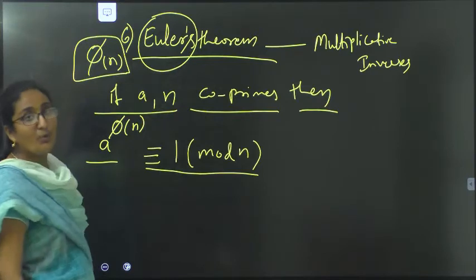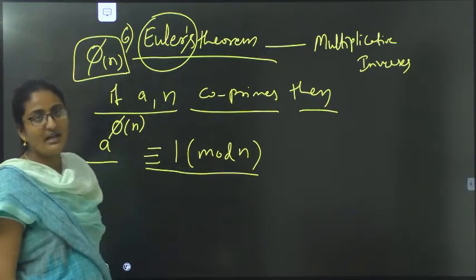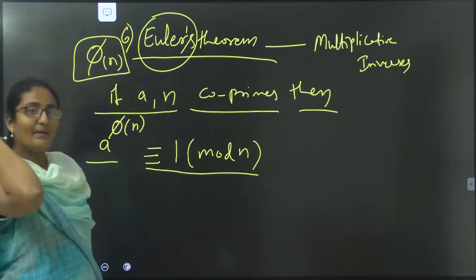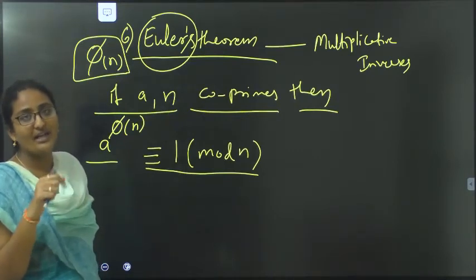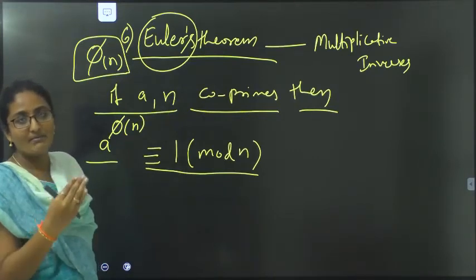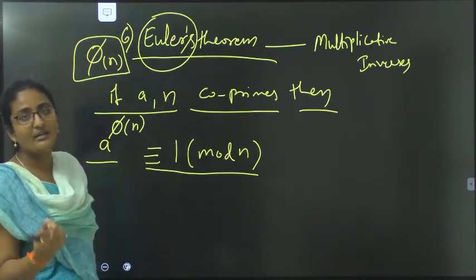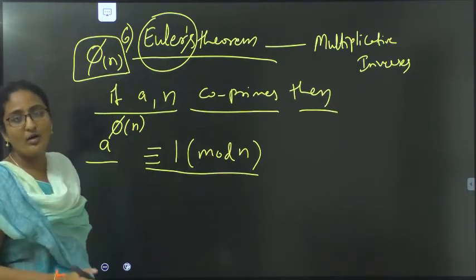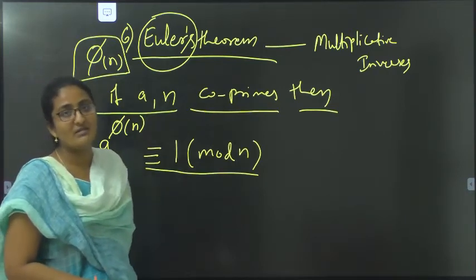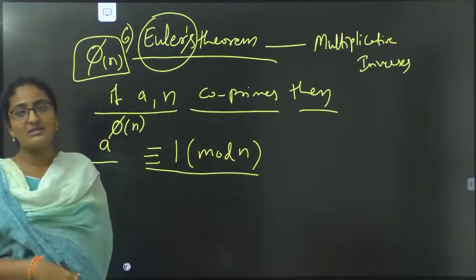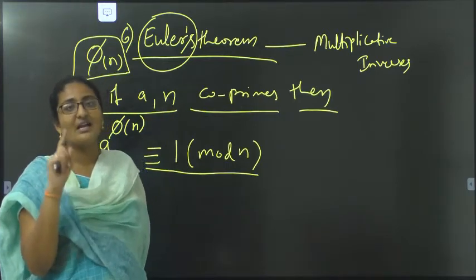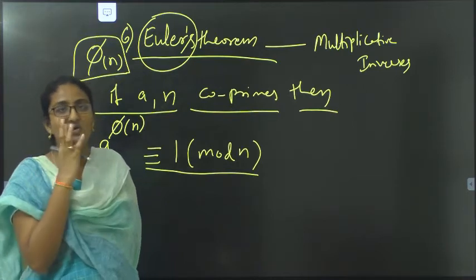So here we have 6 points in the mathematics of asymmetric encryption. First, the prime number, which is divisible only by 1 and itself. To check the primality, you need to find the square root of n, then find the prime numbers below the square root value of n. Then all those prime numbers should not divide that n value. Then only can we call it a prime number. That is the checking of primeness. Next, all the positive integers are divided based on the divisors: having exactly one divisor, having two divisors, and having more than two divisors.